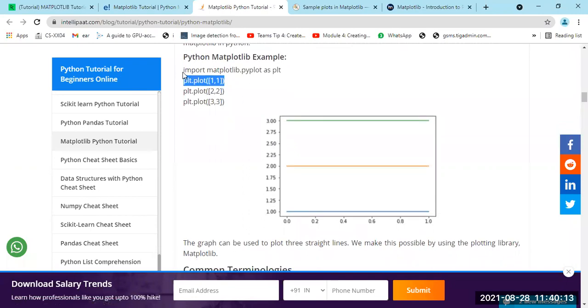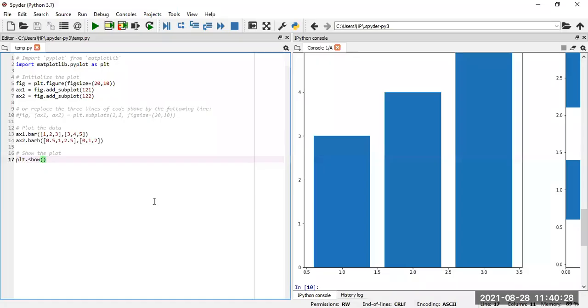So first, take the simple example. I am going to just copy the code and show you in the Python software, right? Okay, I think the coding window you people can see.